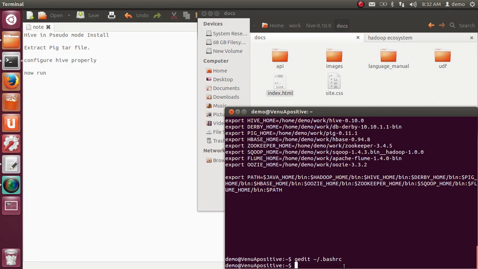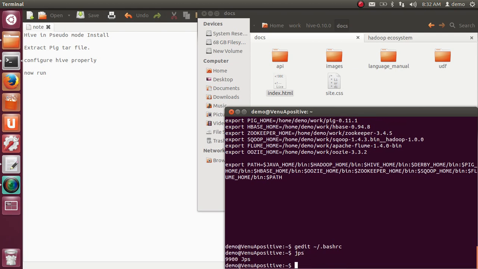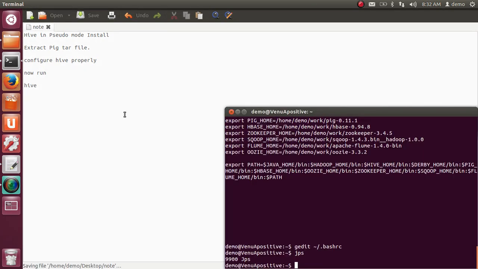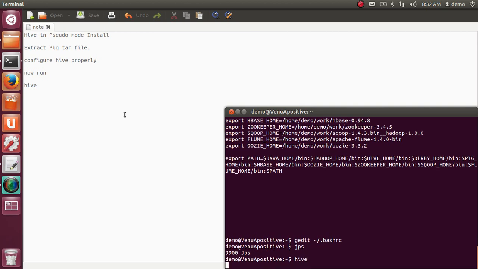Okay, if you run it, it's not working properly. The main reason is there is no JPS. To run Hive, simply you can run hive. That's enough, don't need anything. But if you run like this, it's not working properly.